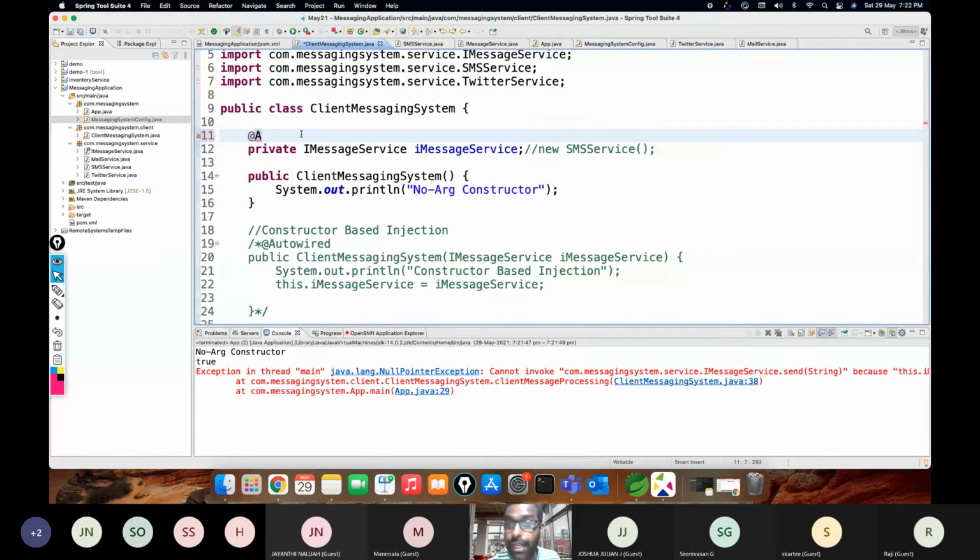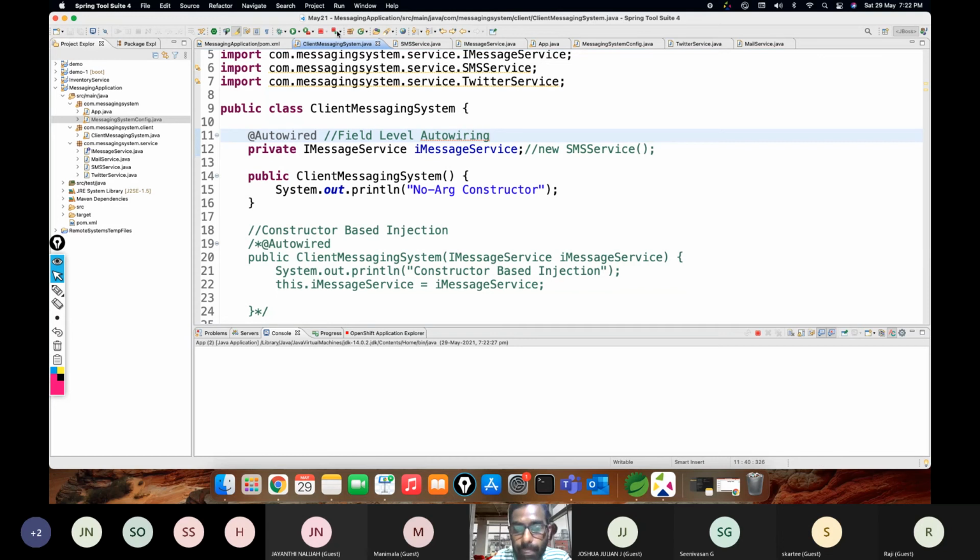This is called field level auto wiring. This is pretty much simplified. A direct injection to the field will happen. If I run this,